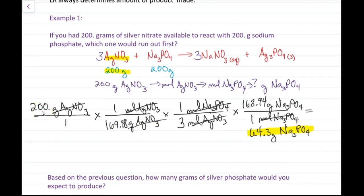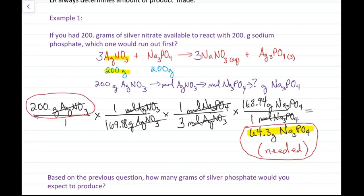silver nitrate. So I'm even going to go ahead and just be very intentional about this, and I'm going to label in parentheses down here that this is the amount of sodium phosphate needed to fully react with my 200 grams of silver nitrate. And what this tells me then is if I need 64 grams and I have 200 grams, I have excess. I have more than I need of my